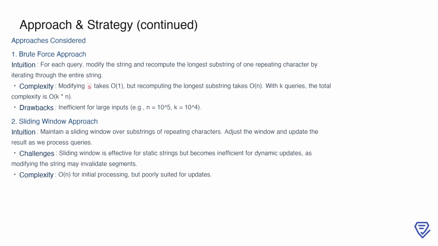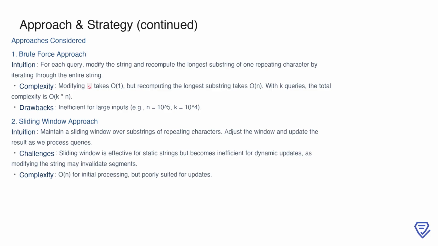Another approach is to use a sliding window. This method works well for static strings by maintaining a window over repeating substrings, adjusting the window as needed. However, when the string is dynamically updated, managing the sliding window becomes complex and inefficient. Modifications to the string can invalidate segments, requiring significant reprocessing. While the sliding window improves upon brute force for static cases, it's not well suited to handle the dynamic nature